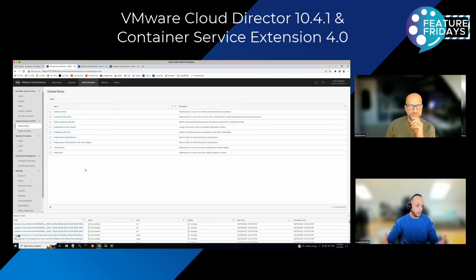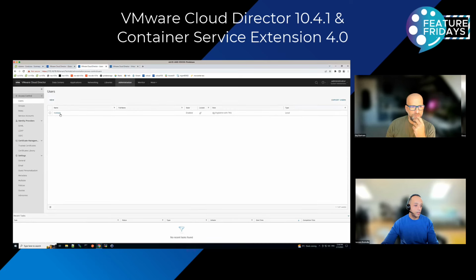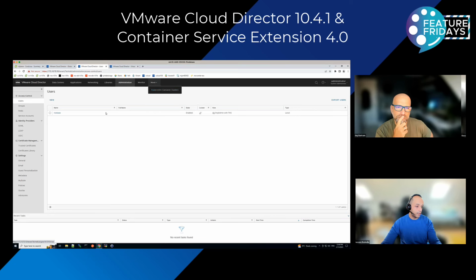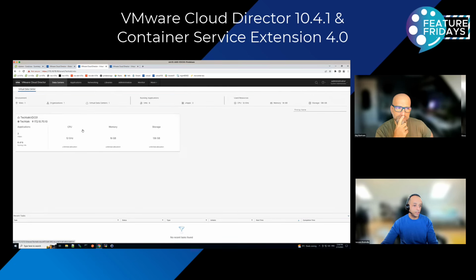Then under your org or tenant portal, which is this one here, I created a user called NSX Bash and assigned that user the published role. Because you'll not be creating clusters using administrator or admin credentials in the tenant. So this is a tenant user with the TKG or CAB VCD permissions. What you need to do after that is go here as a tenant. This is a tenant view. So this is my data center, and then you go here, Kubernetes container clusters.